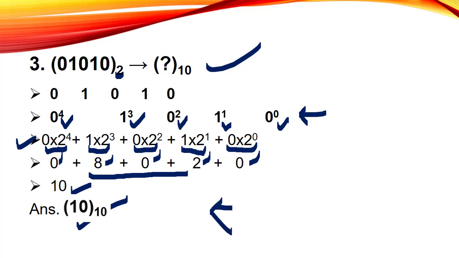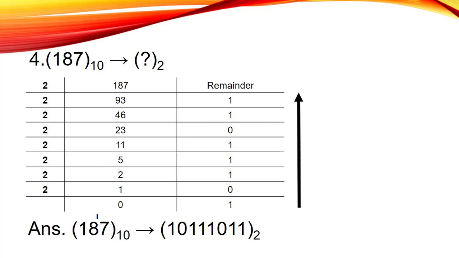Now let's move to our second question. Our second question is a decimal to binary conversion. Well, we have to keep one thing in our mind, that whenever we are solving a decimal to binary conversion question, we have to use the concept of division. So here we have to divide these numbers by the base in which we have to convert this decimal number. Because for now we are converting this decimal number to binary, this time we have to divide by the base of 2.